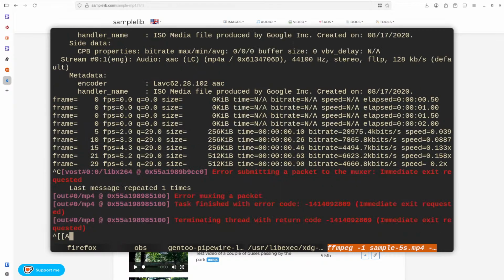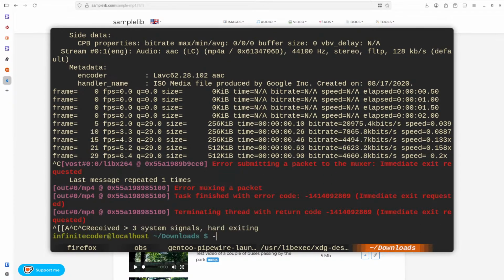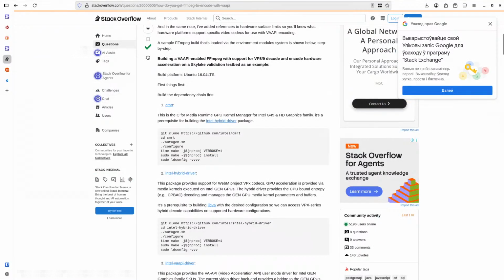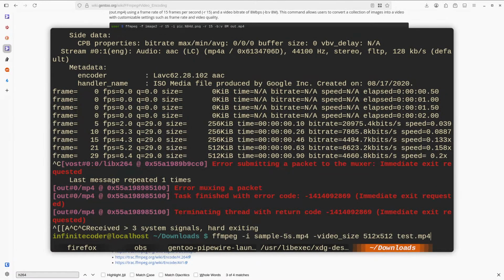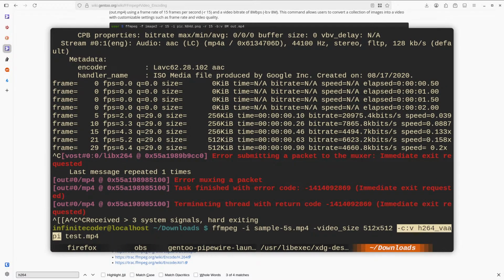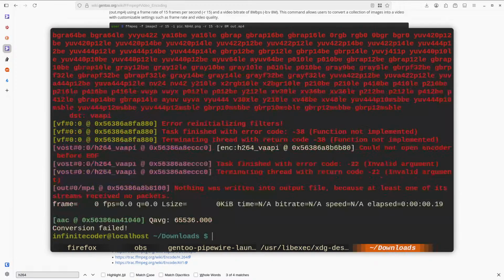Now if I requested to use VA API, how would they do that? CV H264 VA API. Yes, override. There we go, it fails.